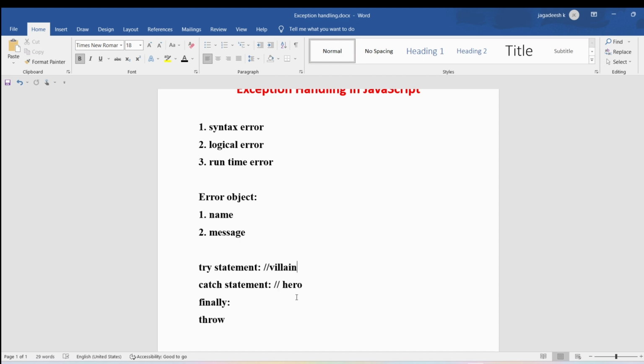handle the issue. The code which has possible error testing is kept in the try block. If you feel that this code will have possible error, that code you should write in the try block. Whenever the try block creates an issue, that issue will be handled by the catch statement. This block, the catch block, handles the error of the code by executing the set of statements written within the